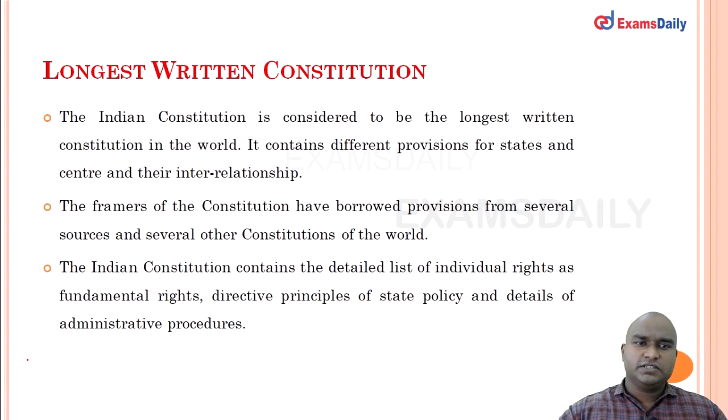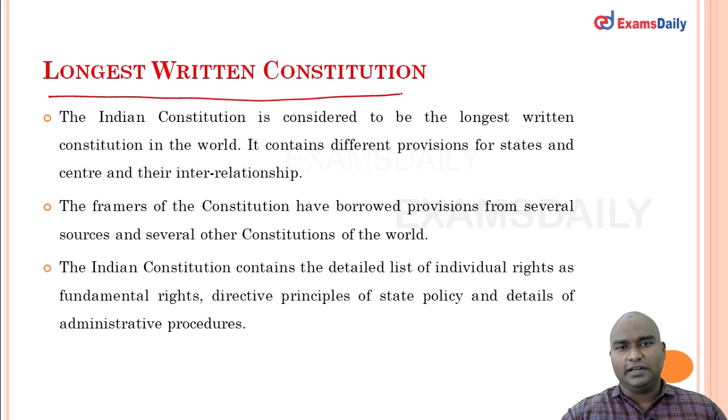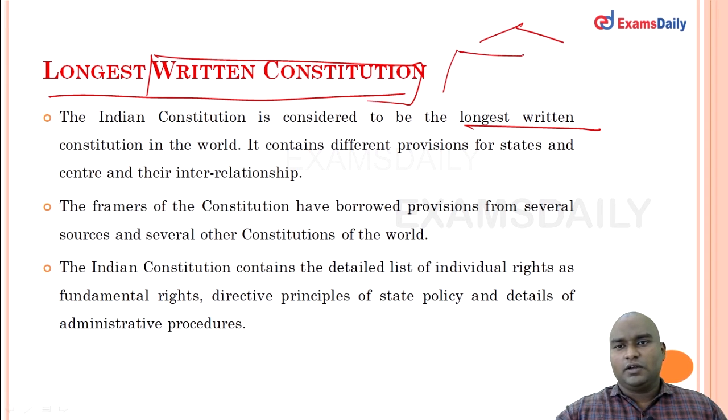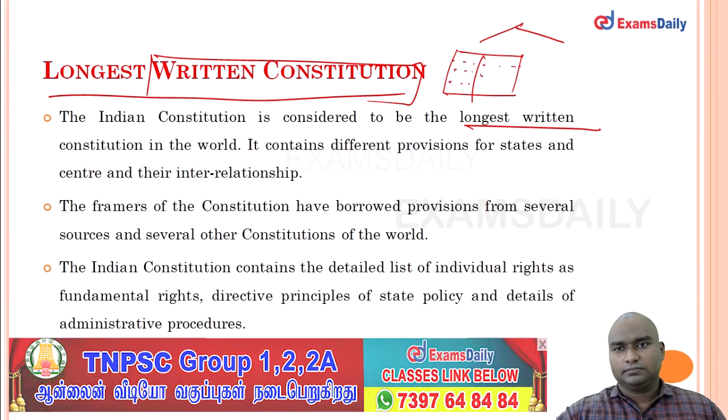Let us. The first salient feature of Indian Constitution is it is the lengthiest or longest written constitution of the world. So Indian Constitution is considered as the longest written constitution of the world. First of all, we have to know what is a written constitution actually. Okay, all the constitution has been written. Then what is written or unwritten constitution? See, the constitution can be classified as written or unwritten based upon its structure. If the constitution is a single document, the constitution is a single document. In this single document, the provisions for the prime minister, the provisions for the president, the provision of fundamental rights,